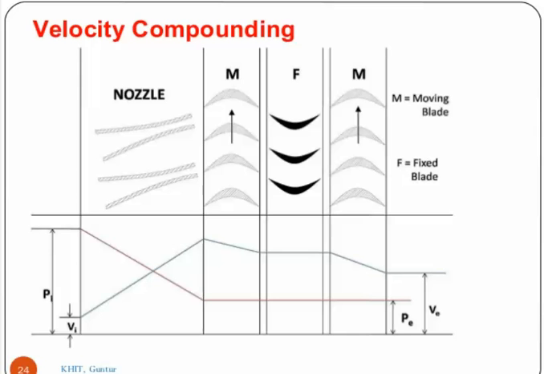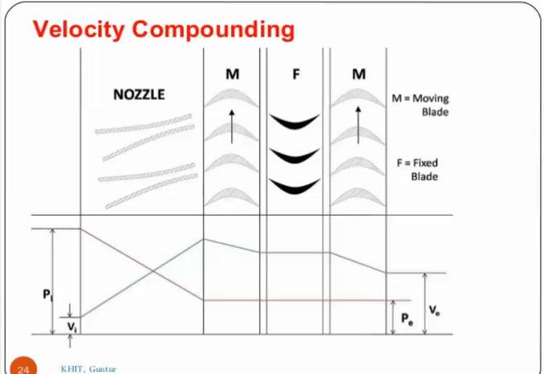With the help of the below diagram, you can see that the pressure initially, before the nozzle, is higher, and in the nozzle the pressure decreases, after which the pressure remains constant during all the processes, whether in the fixed blade or a moving blade. And talking about velocity, initially it is very low, and the nozzle increases the velocity of the steam so it rises.